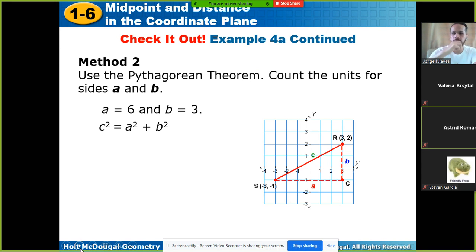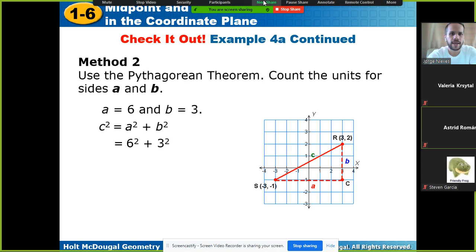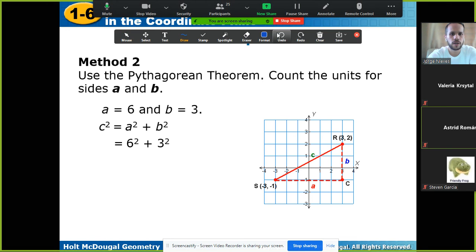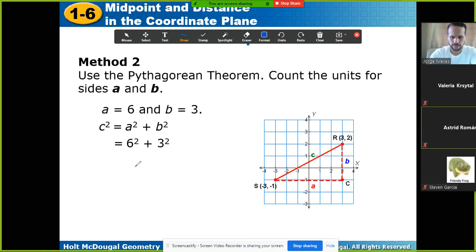Okay, we got C squared equals A squared plus B squared. We're gonna have 6 squared plus 3 squared. That's also, as we saw on the distance formula, 36 plus 9. So when we add that, that's gonna be 45. So when we apply the square root,